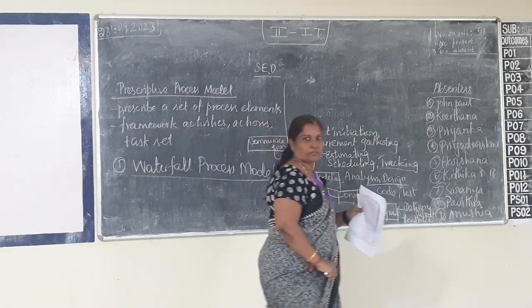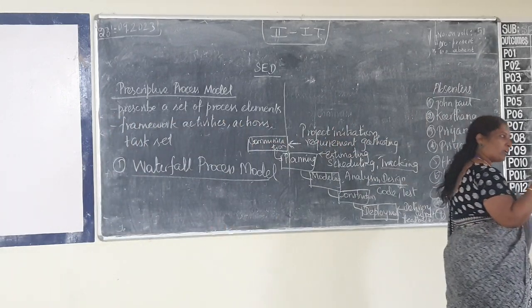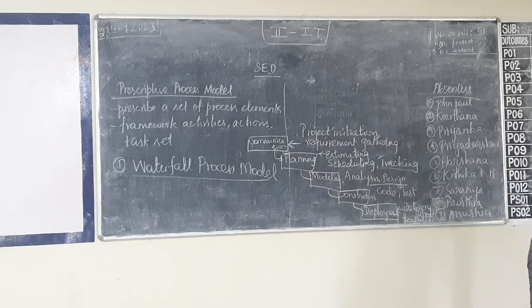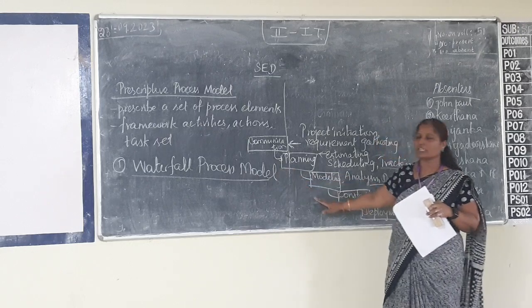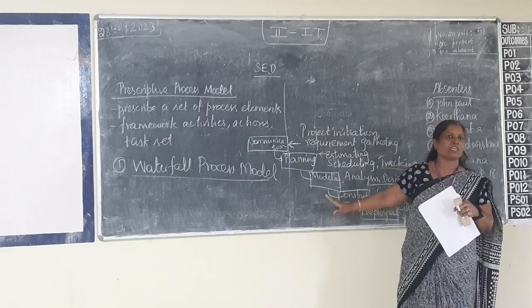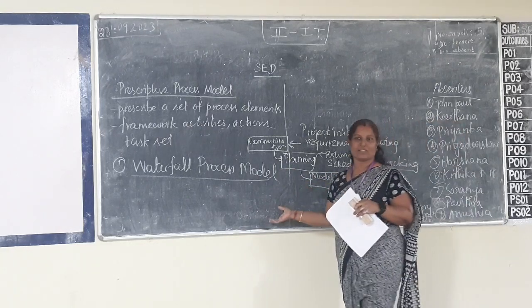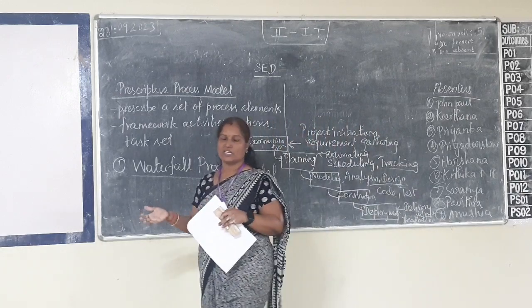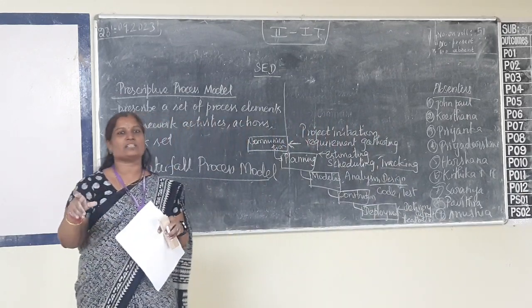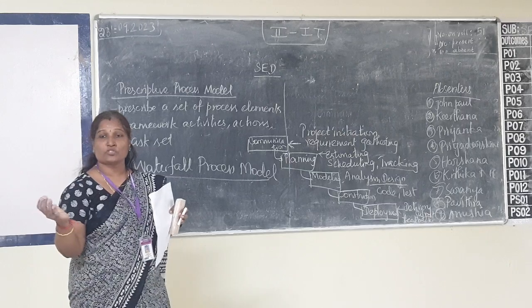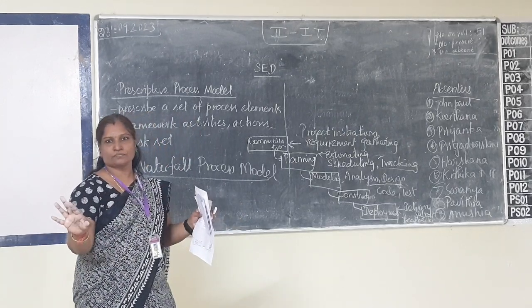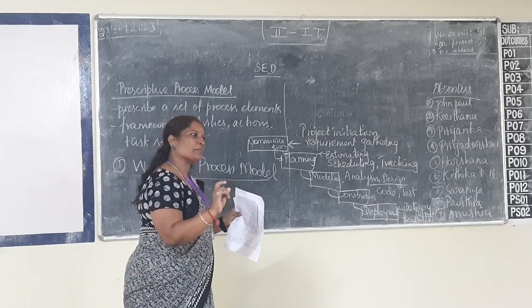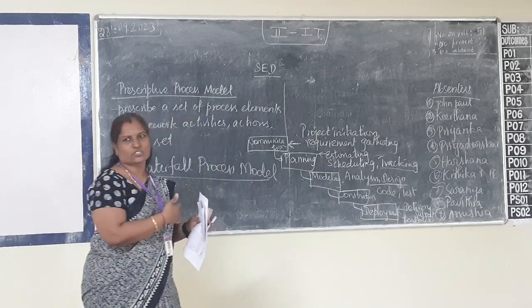Clear this? So this is suitable for a very simple project, and you must have a proper plan before you could start the project development. Only then can we go with this. There are some advantages as well as disadvantages. Advantages: cost-wise it is less. It is not very huge because I don't make any other corrections later. Once I do, finished. And it is very simple because I don't set any constraints over here.